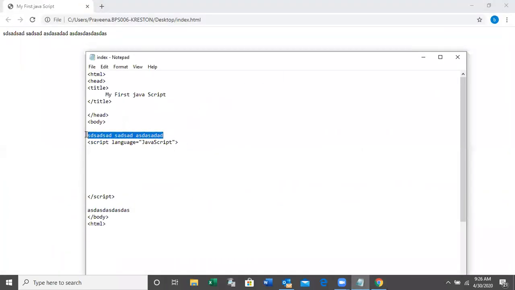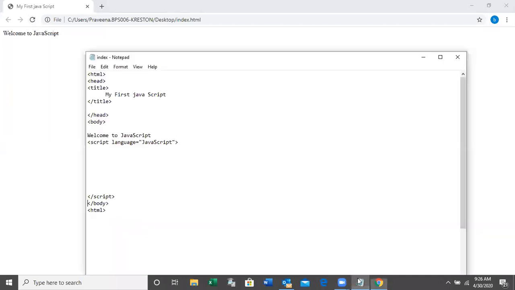I'm going to change this text. Say, welcome to JavaScript. This is normal HTML text, normal text within the HTML area. See, welcome to JavaScript. If I want to write this text within the JavaScript, see how I'm going to write this one.